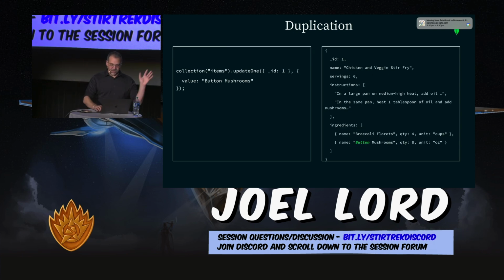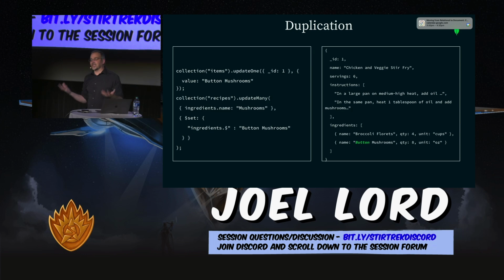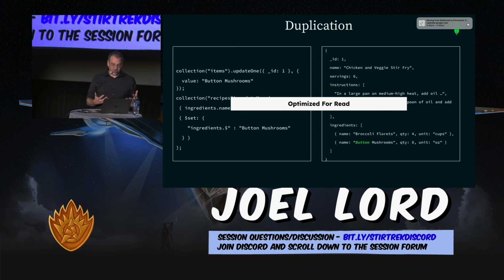So I'm happy the information was updated, but now I've got all of those recipes that have that ingredient as well. So what we can do is simply do a second update call and update all of our recipes. You can do an update many, which will query all of the documents, and it's a much more effective way than trying to find them individually. And you can just do that update command that you've got here. So I'm filtering for all of those that have mushrooms as part of the array of ingredients. If it does, then just update the value to button mushrooms. Sure, that's 2 calls. So I need to make those 2 calls. But